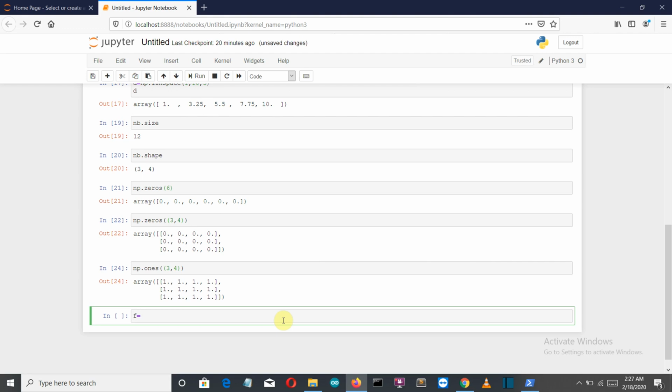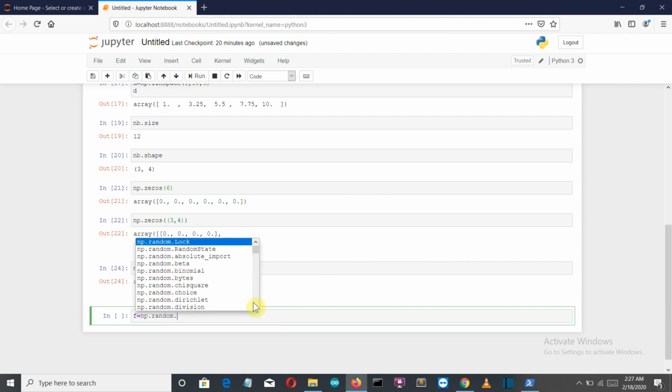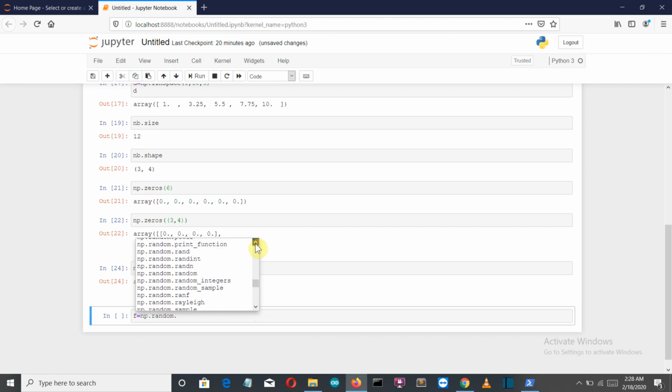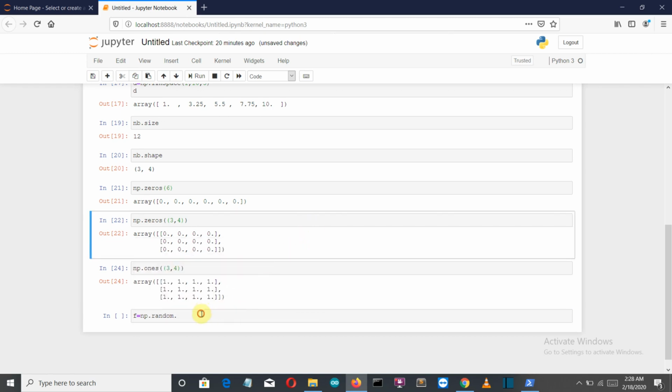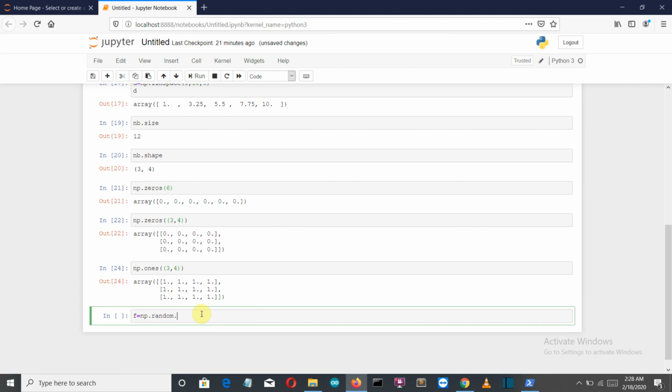Let's create a variable, let's say f, and we'll write np.random and press a dot and press tab here. It will give you a bunch of methods that you can use to create a random NumPy array. I'll show you some of the very common ones. First is